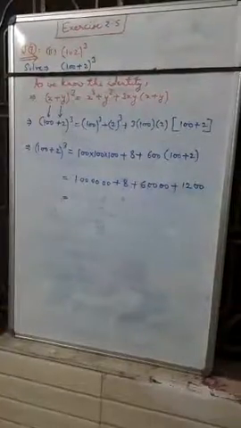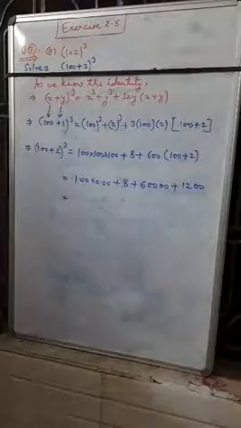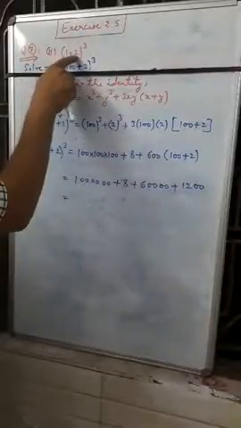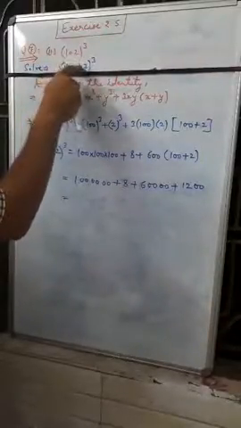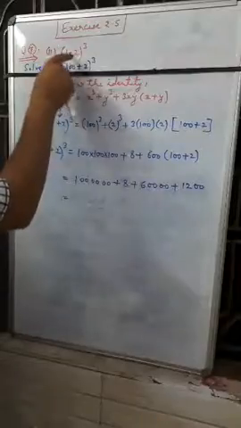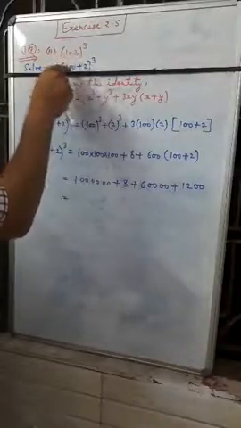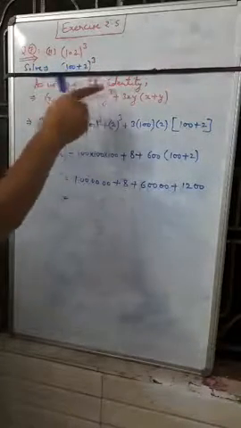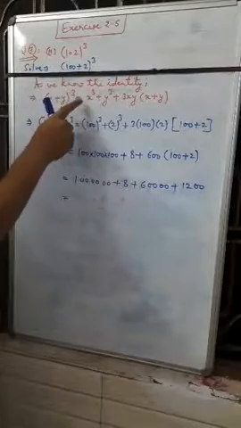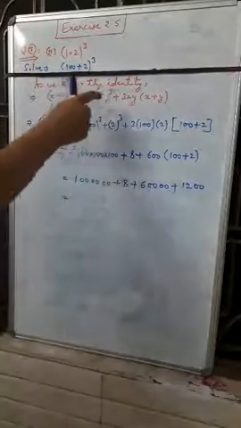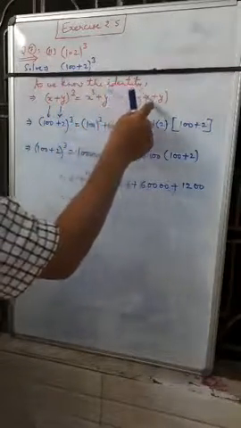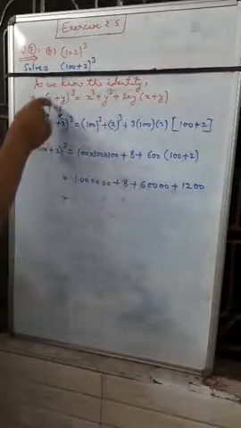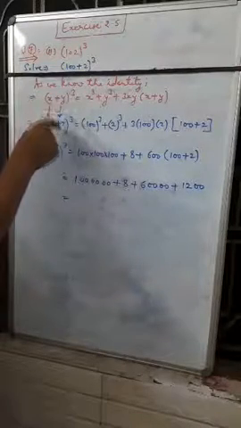So students, next problem we will solve of question number 7, 102 whole cube. So we can write 102 as 100 plus 2. 100 plus 2 is equal to 102. So we have converted 102 to (100 plus 2) whole cube. Now we know the identity (x plus y) whole cube is equal to x cube plus y cube plus 3xy (x plus y). So in place of x plus y we have written 100 plus 2. So suppose x is equal to 100, and y is equal to 2.